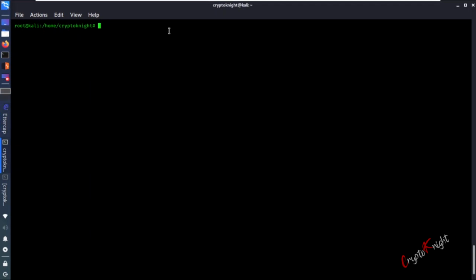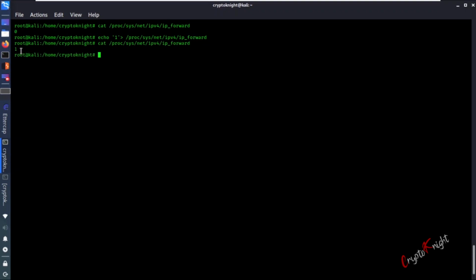Okay, now one thing we'll do, this is the command you can type. You can pause the video and type this command. So if we view this currently, it is 0. Okay, 0 is placed inside this file. However, if we use this particular command, then the 1 will be printed inside this particular file. And what is the importance of 1? 1 means true, 0 means false. So when we are giving true inside this, then IP forwarding will start. Okay, let's hit enter. And now if we cat this particular file, we have 1 inside.